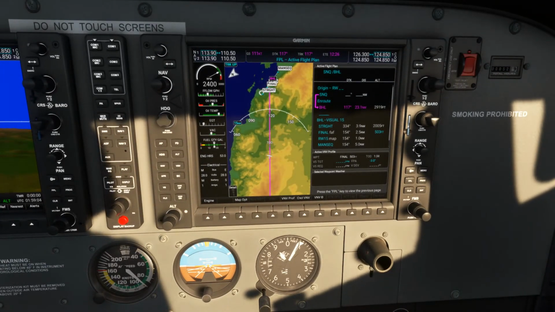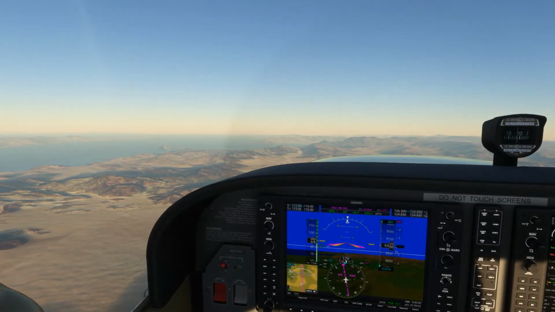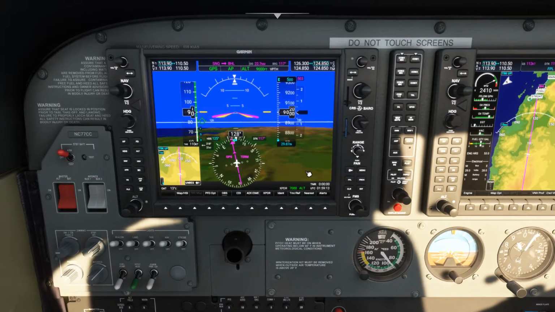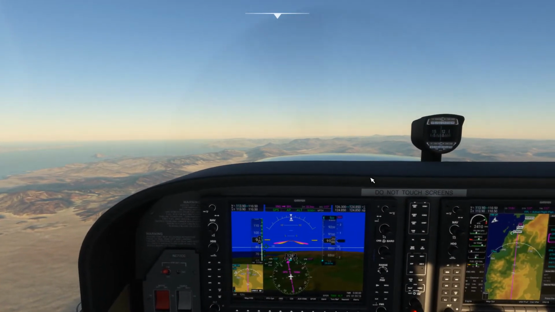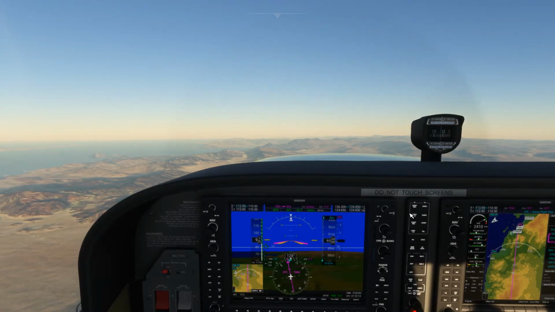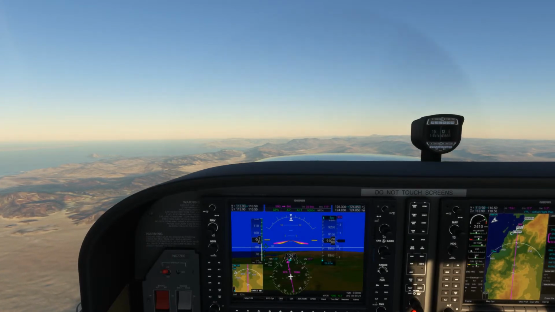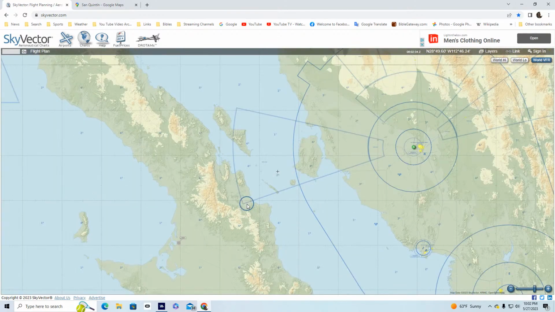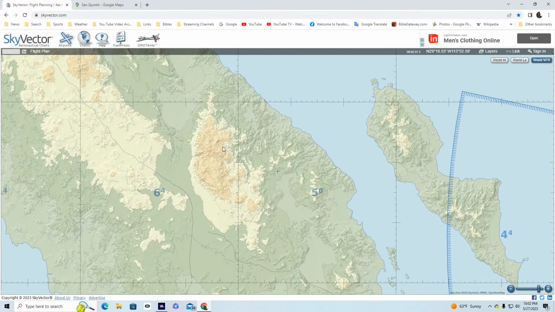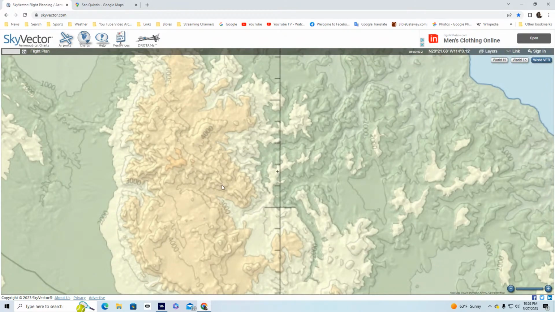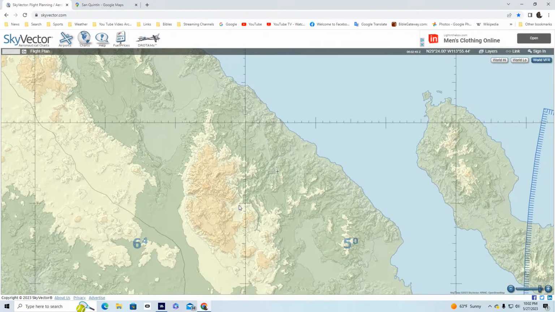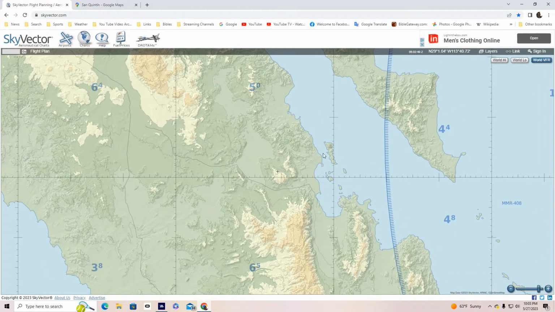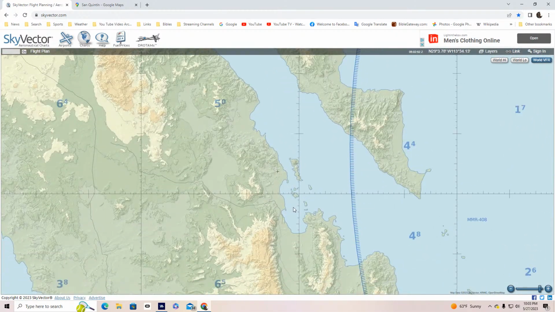We are now a minute and a half from top of descent. We do have a good crosswind now, 21 knots. I believe that the elevation is going to be okay, but look at that SkyVector here. This is the set of mountains that we're going to be flying over. And we've got 4,000 foot, 3,000 foot. Our destination is about right here, I do believe.